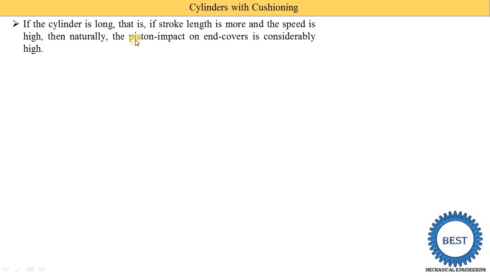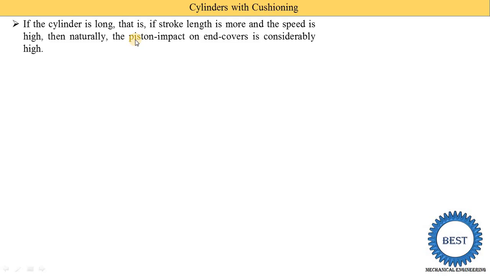When the piston strikes the cap end and rod end, it damages them, and we need to replace them after some time. To avoid this, we need to use cushioning in cylinders. If you use cushioning in the cylinders, the piston does not strike the end, and it avoids damage to the rod ends. So how is cushioning achieved?